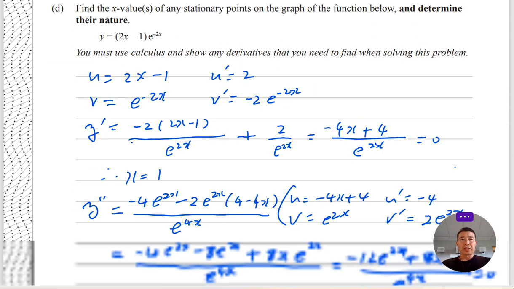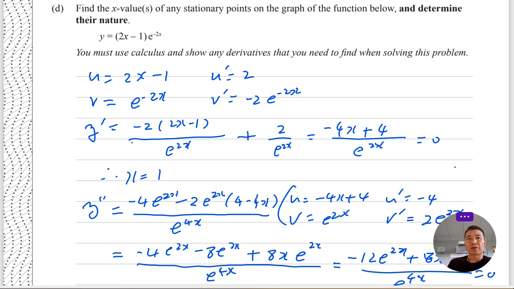All right, next question D. Find the x values of any stationary points on the graph of the function below and determine their nature. So, to answer this question, you have to go all the way to a second derivative, isn't it? First derivative, you find stationary points, so turning points. And second derivative determines the nature of each turning point. And also, you can find a point of inflection. So